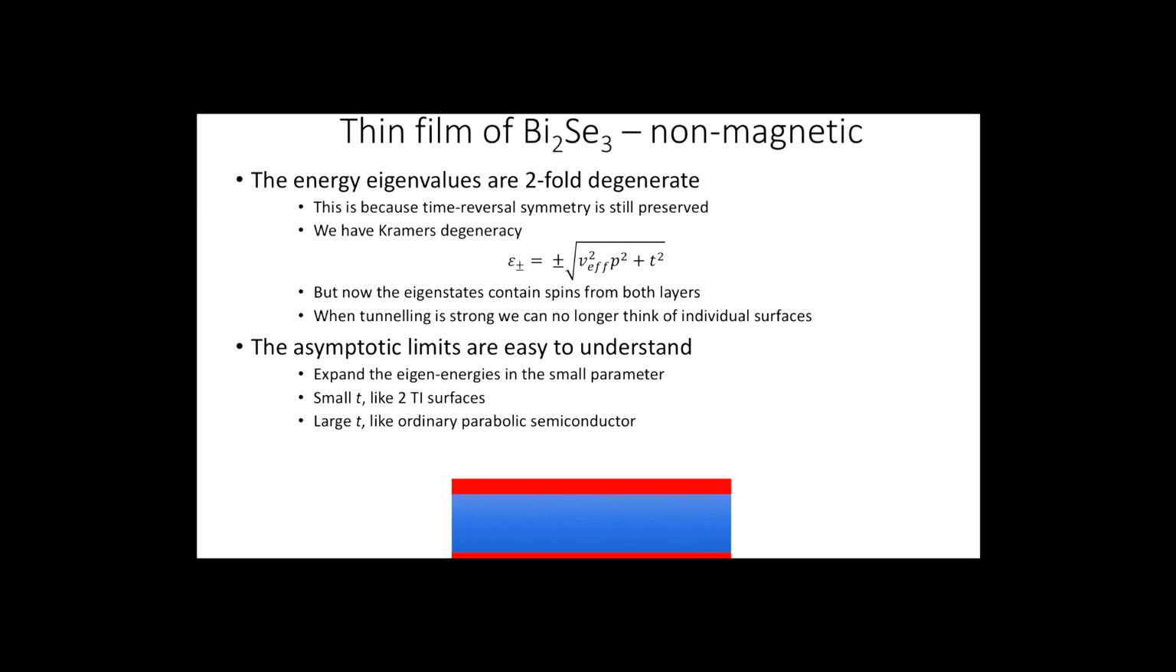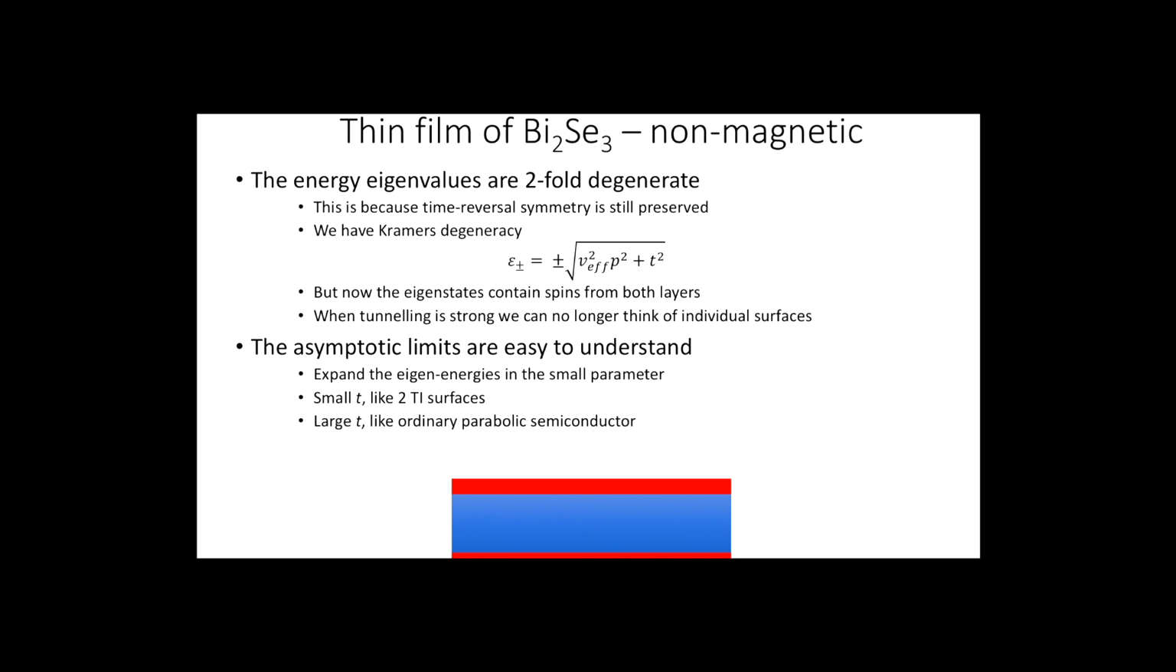They're twofold degenerate because we still have time reversal symmetry in the system, so we must have Kramers degeneracy. The formula is very simple: the square root of Rashba energy squared plus tunneling squared. The key difference, which I'm going to come back to in a few slides, is that